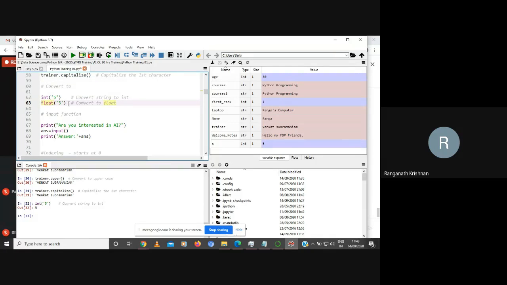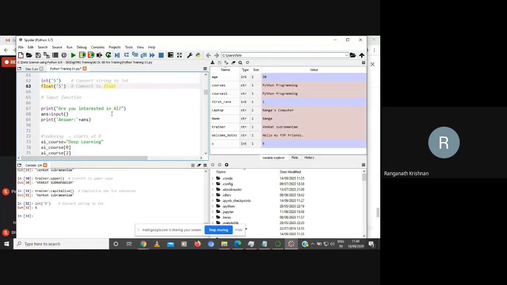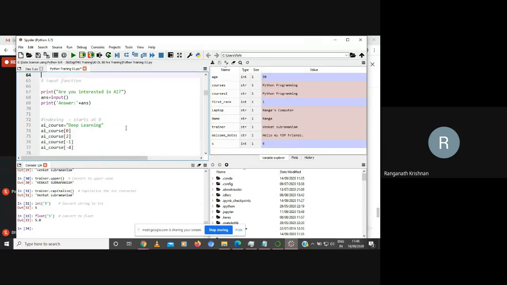If I want to change 5 to float, what do you think will be the output? Float of 5, if I run this, gives 5.0. That's all.